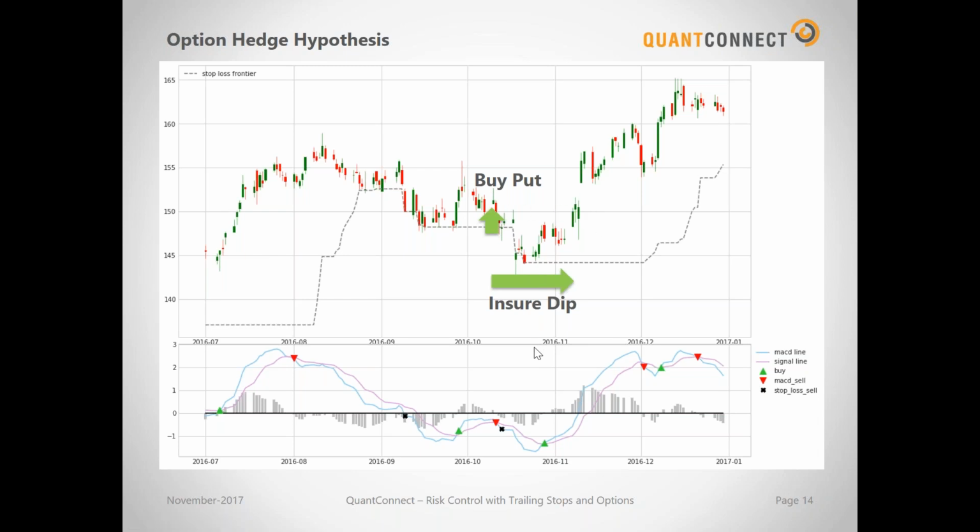The puts that we're buying in this case are actually month-long expirations, so we should have insurance for the month, and it'll be from the moment that we get that MACD sell signal. So I wonder how it performed. Before I go on to that,